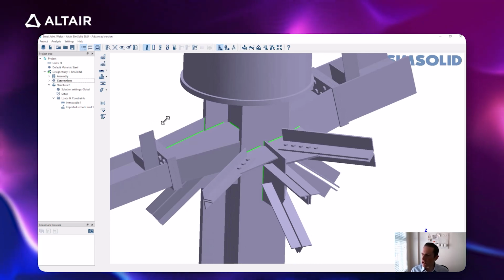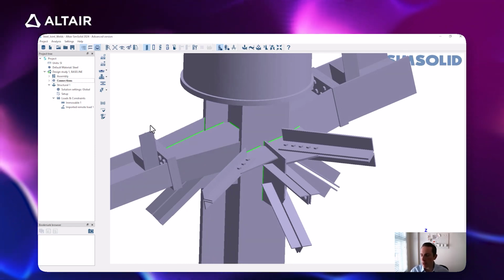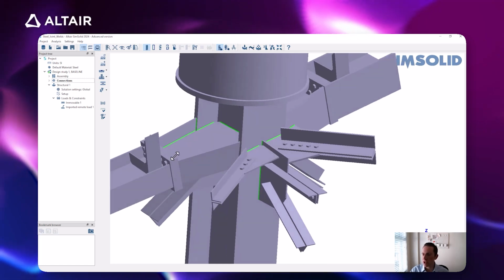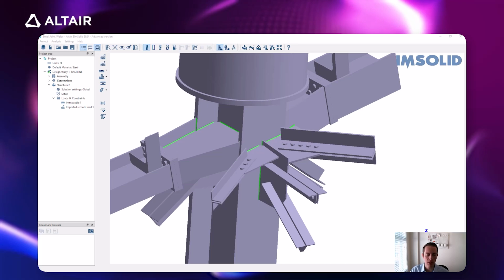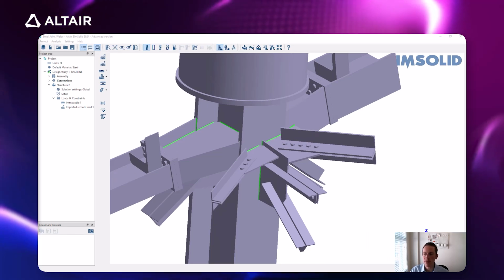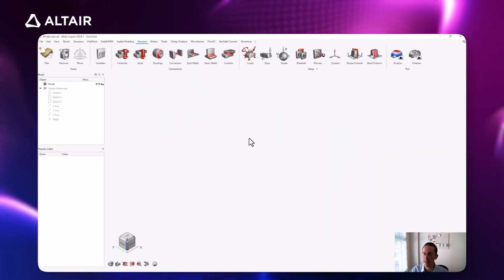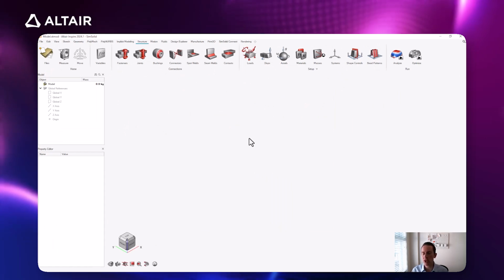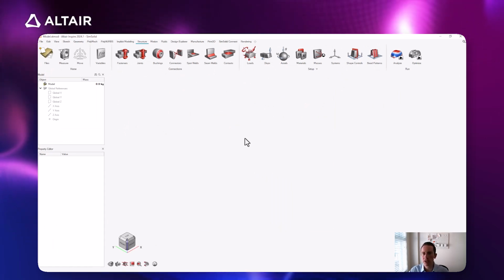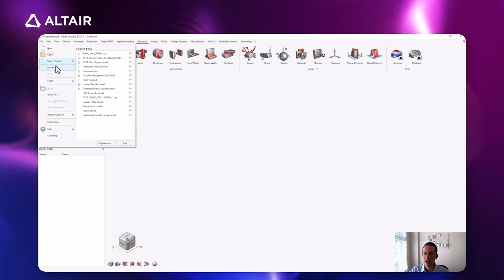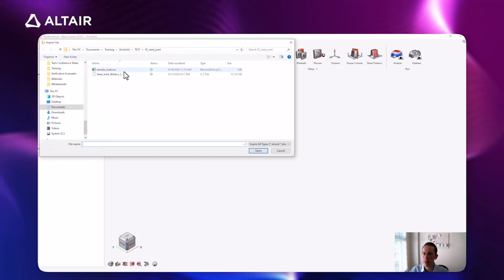If we wanted to make larger changes to the model, we would probably want to do that outside of SimSolid, because SimSolid is not a geometry creation or editing tool, but we do have one available. So right now, I'm going to bring over Inspire. And Inspire is really cool because it not only allows us to create or edit models. If I go ahead and say File, Import, and import my geometry here,